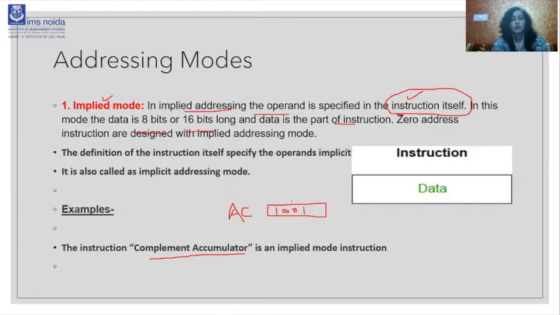When we write the instruction CMA, it means complement accumulator. You have to complement the values stored in the accumulator. It means within the instruction, the operand is specified. So this is the example of implied mode, right?